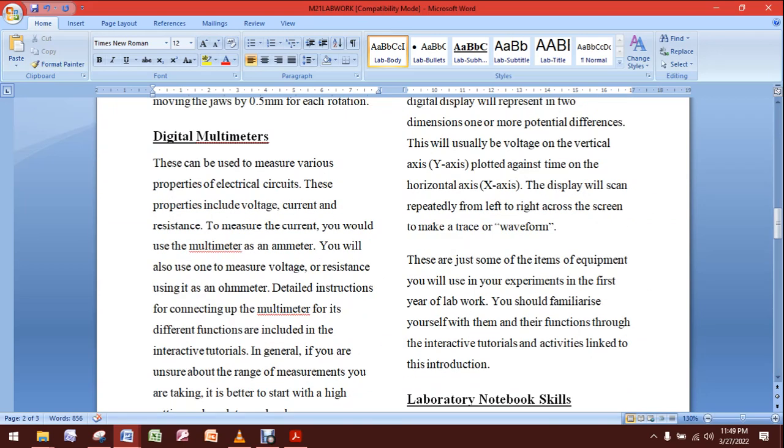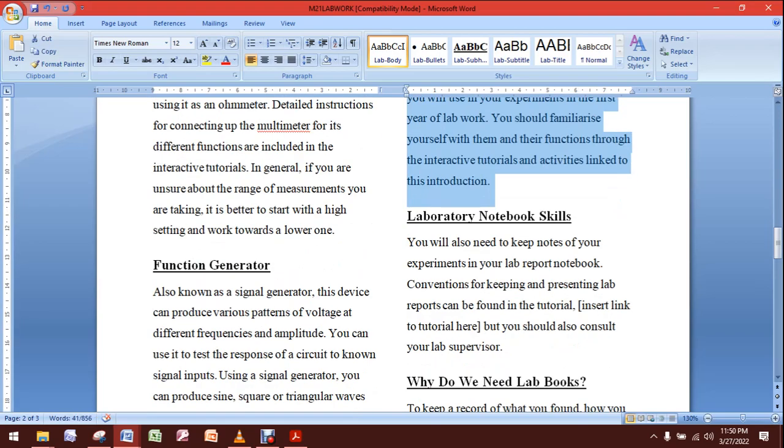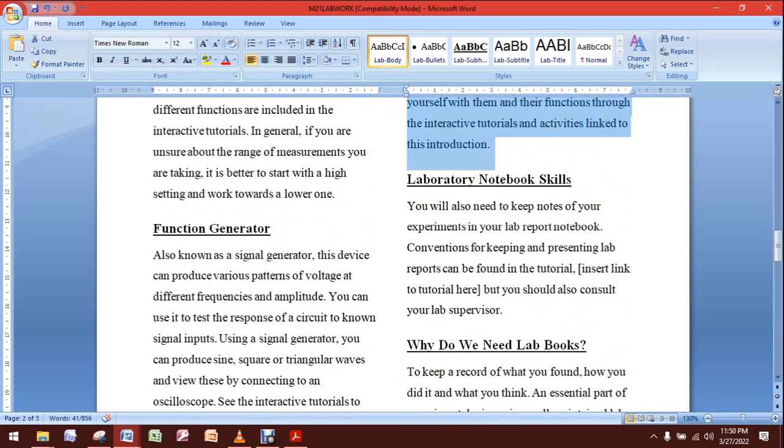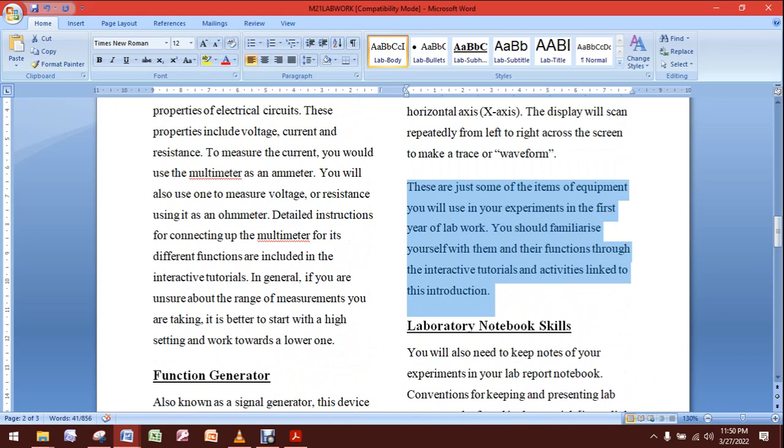So it starts from, this is the paragraph. These are just some of the elements of equipment. It does not show the end, but I'll just go over to the end of the paragraph, right? So let's assume this is the paragraph, and then